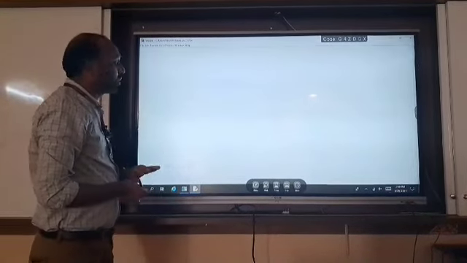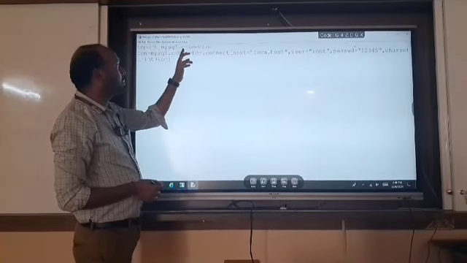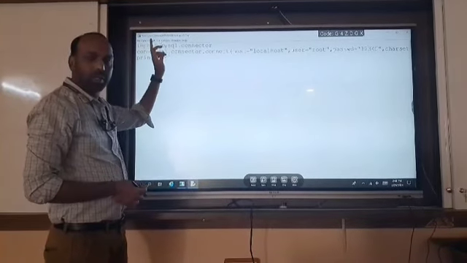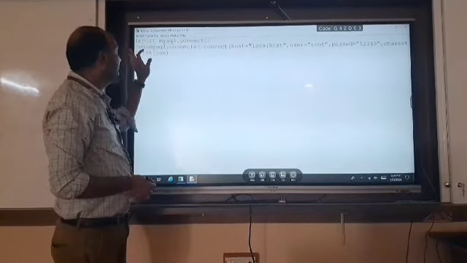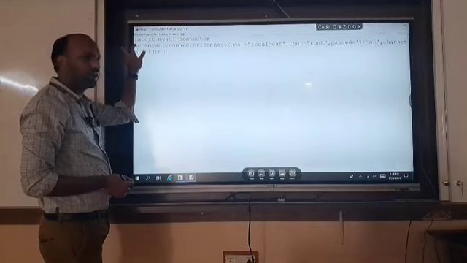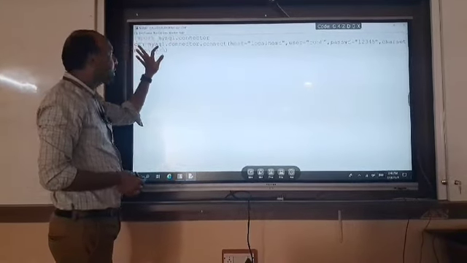The first step is to import mysql.connector. Based on this step only we can check whether the MySQL connector is there or not. And next, connection object equal to, as you wish, you can give any name to the connection object. Connection object equal to